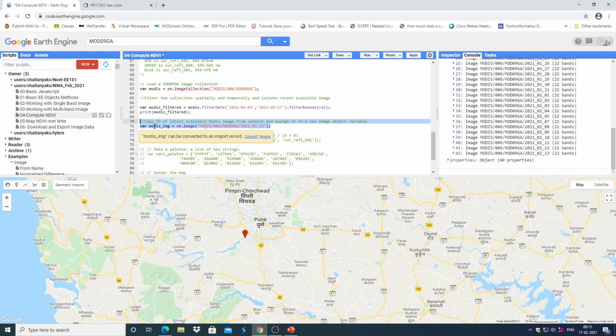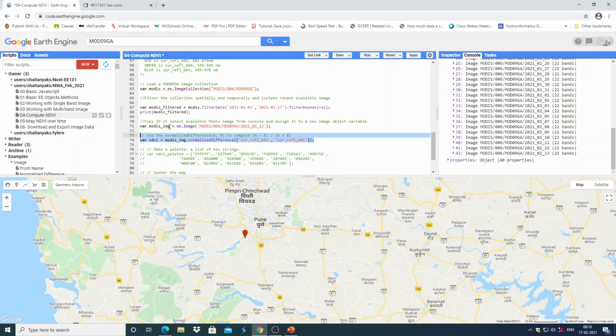Here we are defining a new variable MODIS_img, and we are assigning this image ID using the constructor ee.Image. Now we want to calculate NDVI for this latest image,